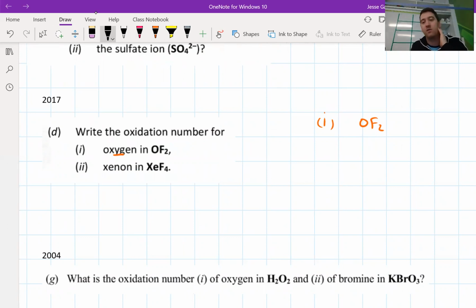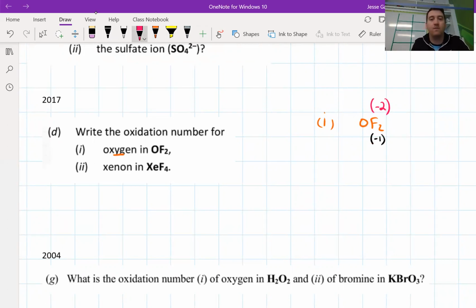It's with fluoride. It's with fluorine. Fluorine is more electronegative than oxygen, meaning it's going to do the taking of electrons. Fluorine's in group 7, so that means that the fluorine is going to take 1 electron and become -1 oxidation number. Up top, we do the totals, as usual, so that there's 2 fluorines, so total charges on the fluorine